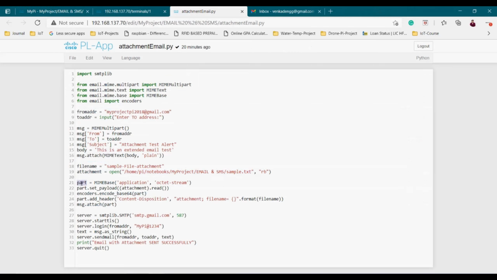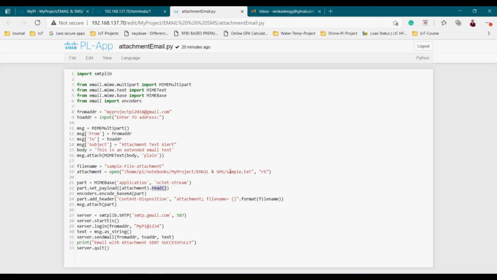Next to that, here I am creating an object part for the class MIMEBase and declaring it by passing the argument application with octet-stream to carry the attachment. And here I am declaring the payload of the file which we have opened in the variable, attachment.read.